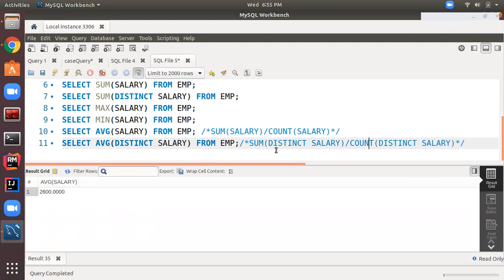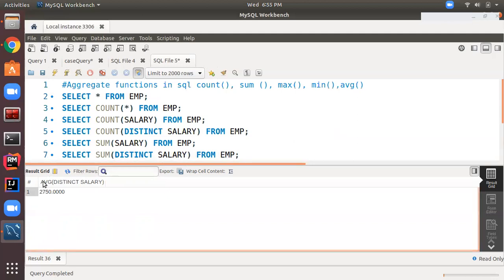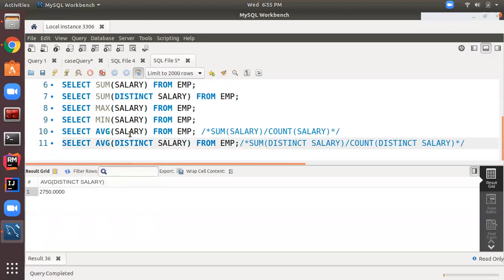So the sum of the distinct salary is 11,000 in the employee table, and the count of the distinct salary is 4. So the average should be around 27 something, right? See, it's giving the average as 2,750. So this is the average salary.